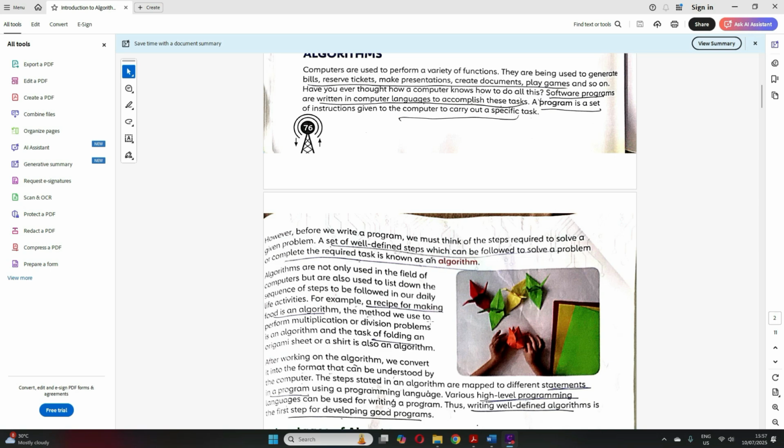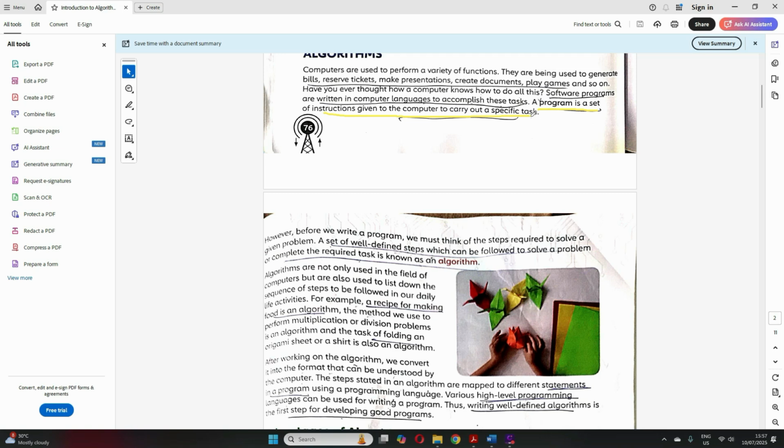Algorithms are very important to write computer programs. How? Let's try to understand that. First, let us understand what is a computer program. A computer program is a set of instructions given to the computer to carry out any task, and these instructions are given in a language which is understood by computers.